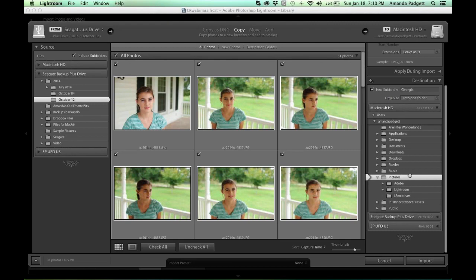Well, what if I'm importing a wedding or something like that? So you need to pay attention to what you're doing. Take your time. Where it says organize, you can do it by original folders, by date, that kind of thing. So I did into one folder, Georgia, and